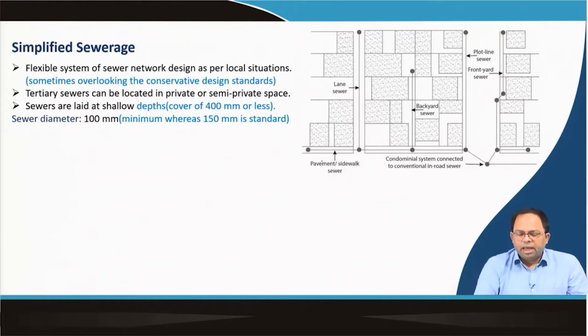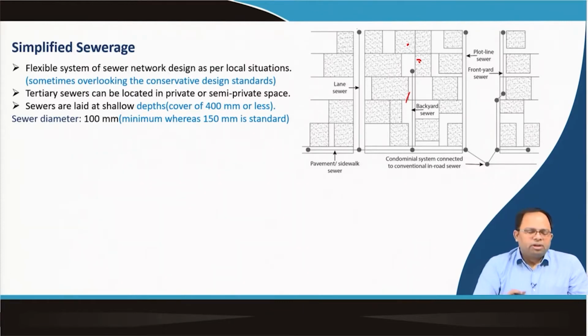That means, as you can see, we have the pavement below which the sewer line is going. Then this is one lane which is going in, so there is a sewer laid along the lane. But over here there is no lane, but we have put in the sewer so that we can serve these particular houses. And this is at the backyard of those particular plots. So it's an unconventional way of laying sewer lines, but this is actually an efficient way because you are able to serve most of the plots from their back. So this is more like an informal way of laying your sewer pipelines.